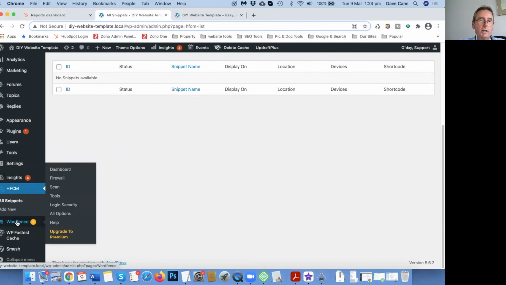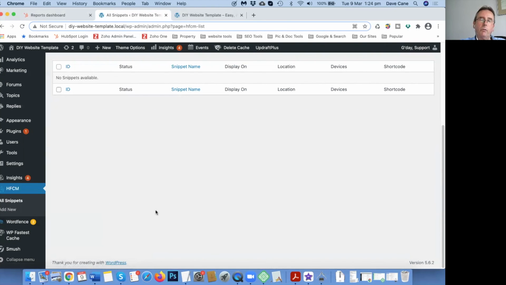WordFence, you shouldn't need to touch this. It should just update itself. But what it does is your 24/7 security and lets us know if there's an issue as far as security goes. Smush is an image compressing plugin, so that just helps make the image size smaller, lighter, so they load